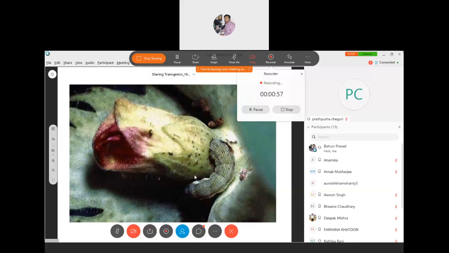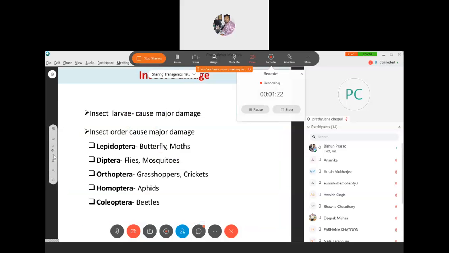If you look at this picture here, you can also see that the larva has started feeding on the flowers. So once it starts feeding on the flowers, it makes a hole in the flower, and the whole crop will not be able to make any boll. So these are the major devastation caused mainly by the lepidopteran pest in the cotton. The problem is we don't have any natural germplasm by which we can transfer the resistance gene from cotton to another variety.